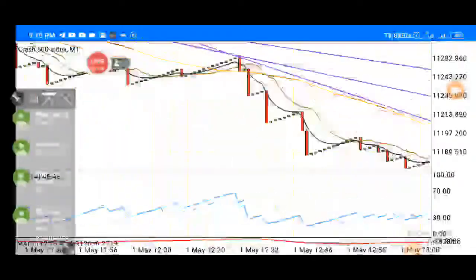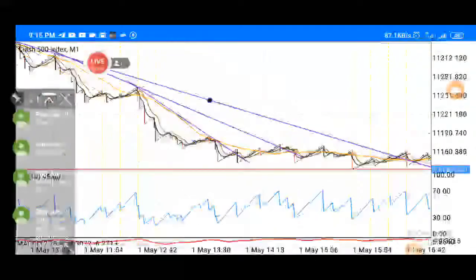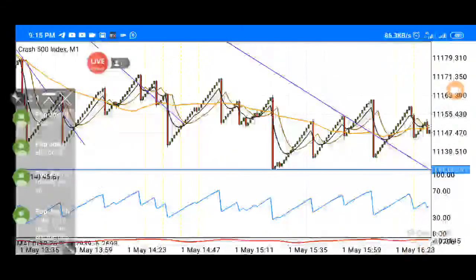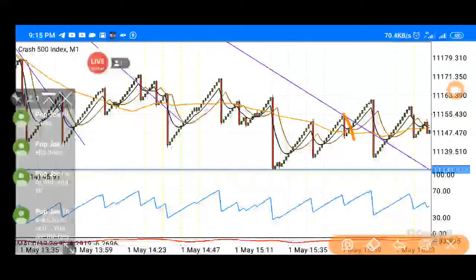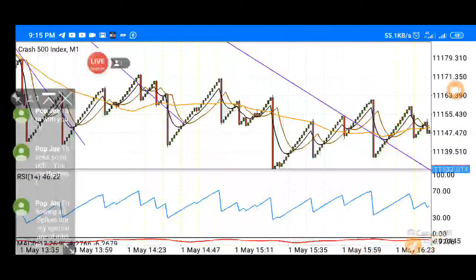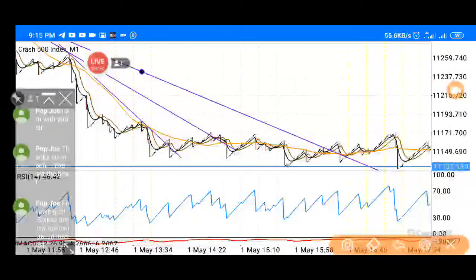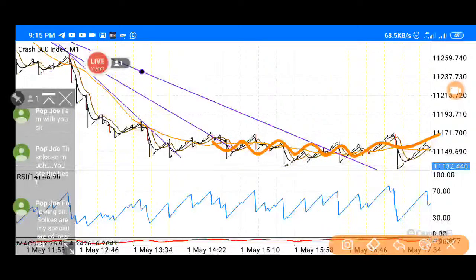Okay, so see this higher trend line. See what happened here. You can see it respected the line here, but broke it here and broke it again. And so once you notice something like this, you come back to your RSI. Once you notice instability on the main chart like this,